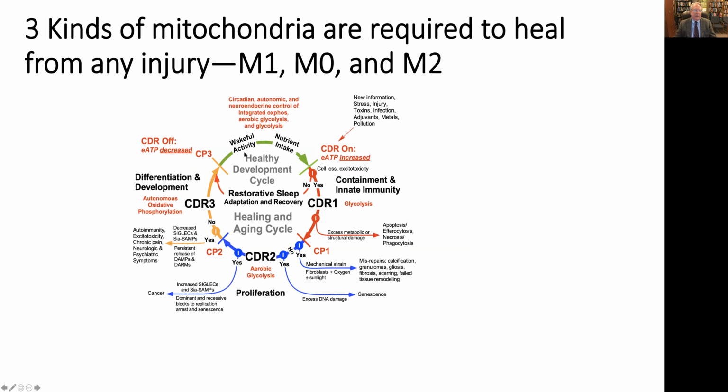And so typically we start a day, we wake up, we have equal activity, we have nutrient intake, it's a little bit of stress, so there's a little bit of extracellular ATP released, but that actually is necessary to help facilitate restorative sleep and adaptation. And we go through this cycle. If the injury is more severe and the stress is more severe through toxins or infections or adjuvants, metals or pollution,